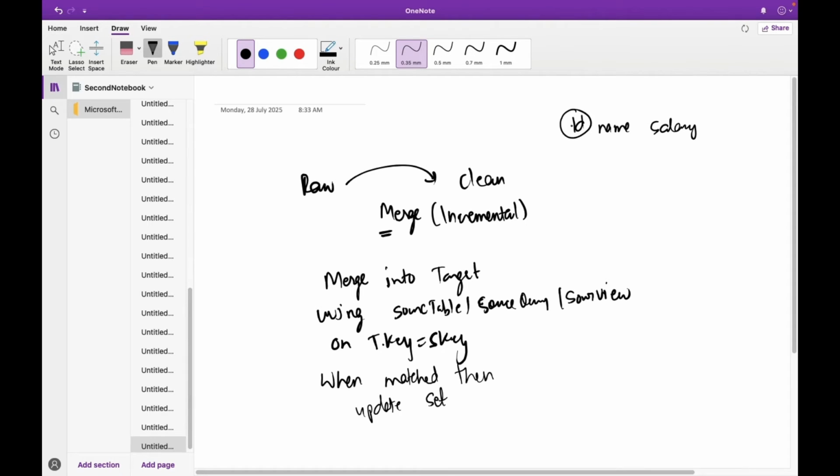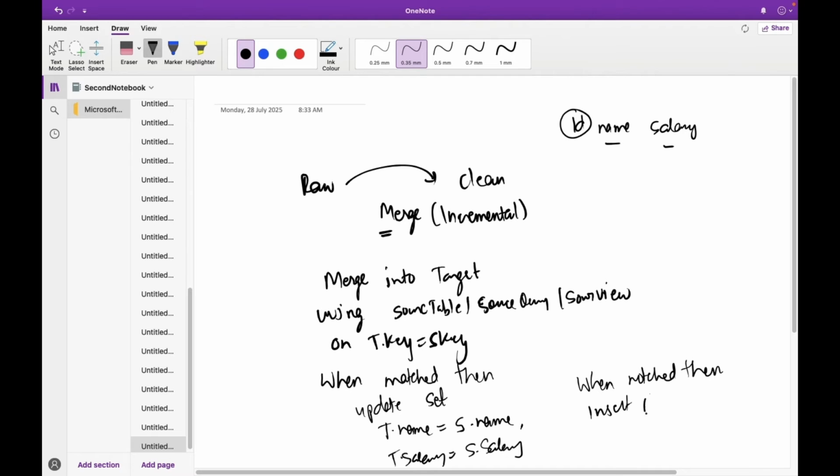ID is used in the join condition, and I want to update name and salary. So it will be target.name = source.name, target.salary = source.salary. And then the next condition is WHEN NOT MATCHED, then INSERT